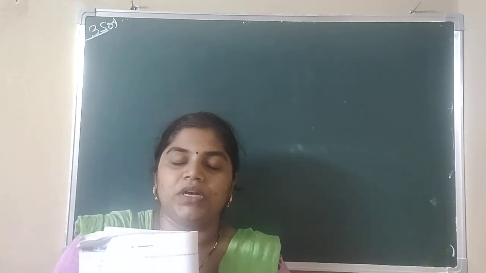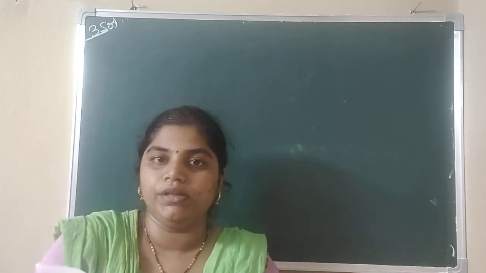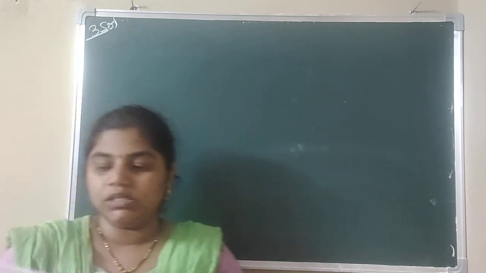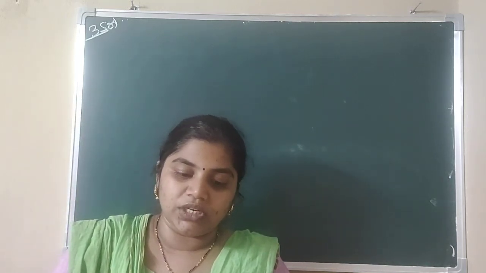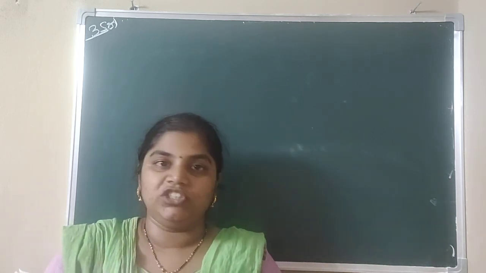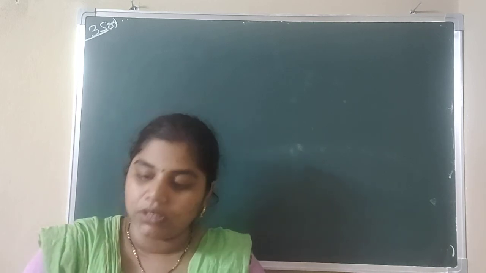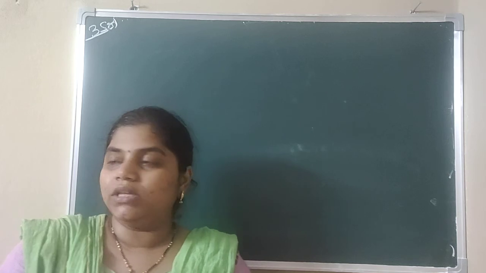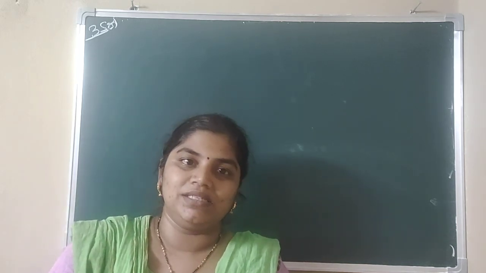So if you are doing the difference of any two numbers, subtracting any two positive integers, that will be equal to 36. The quotient when one integer is divided by the other is 4. So when you are dividing one integer by the other, the quotient value will be equal to 4. So we have to find the numbers. They have given the hint also. One number is x and the other number is x minus 6, they told.